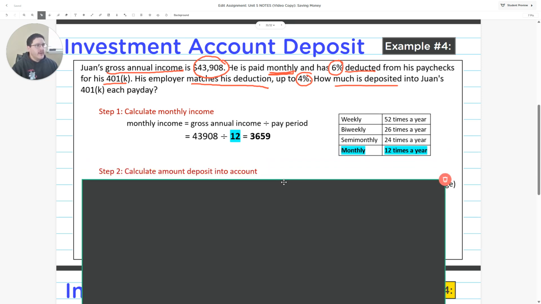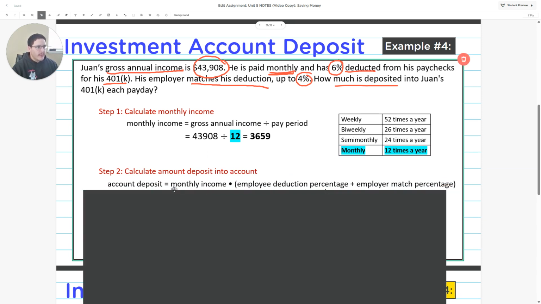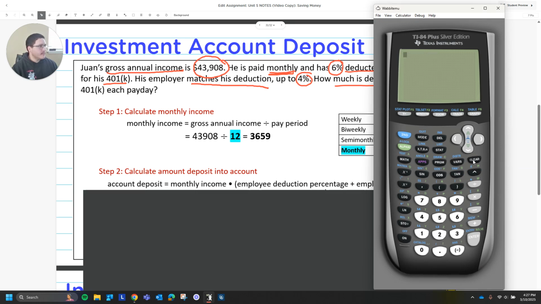Okay. Now, step 2, calculate the deposit into the account. We're going to take the gross monthly income and multiply it by the sum of the employee deduction percentage and the employer match percentage. So we're going to add those two together. So 3659 times, in parentheses, 6%, which as a decimal is 0.06, plus 4%, which as a decimal is 0.04, which will total up to be 0.1, but anyways, this will be